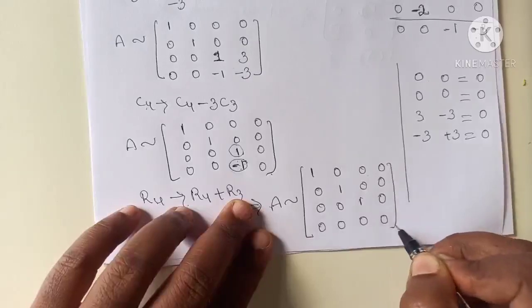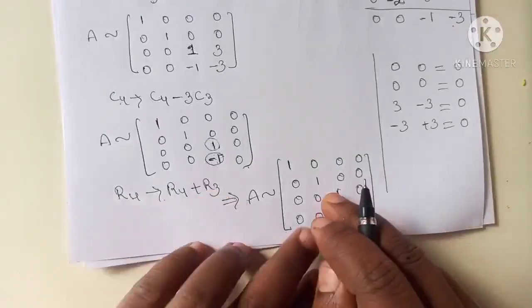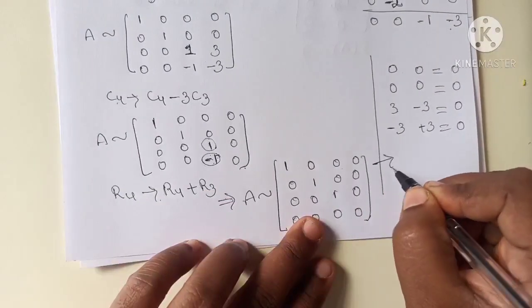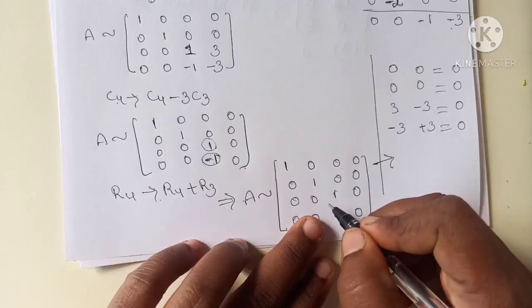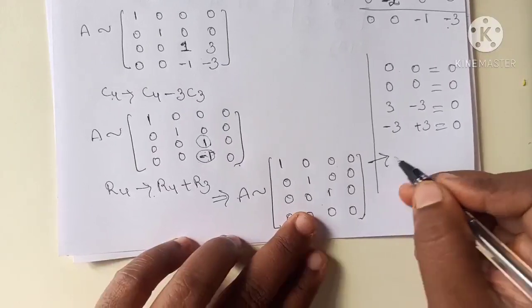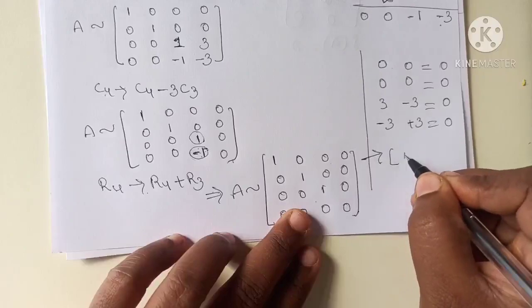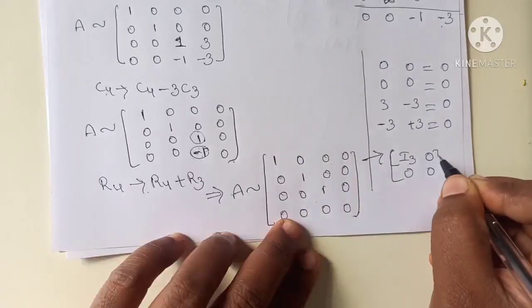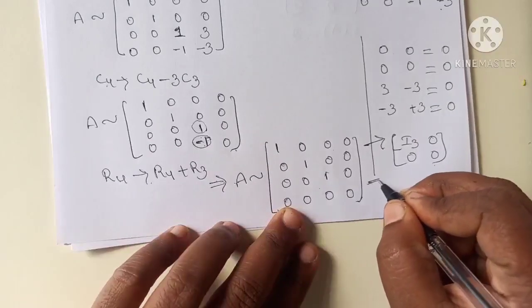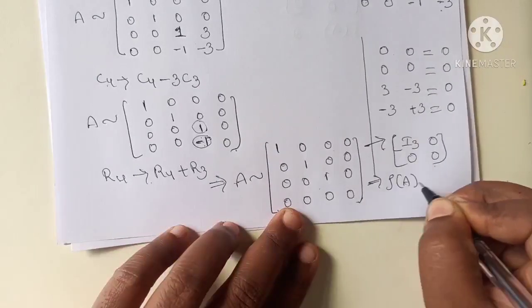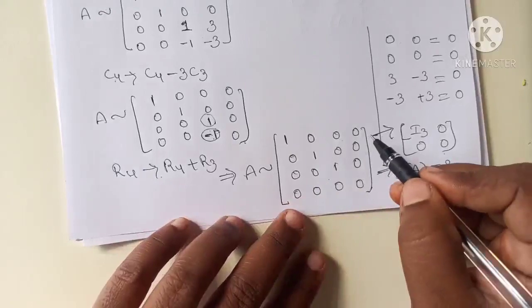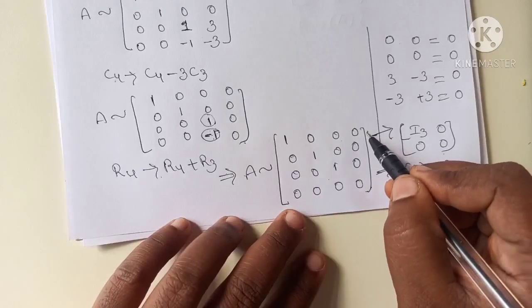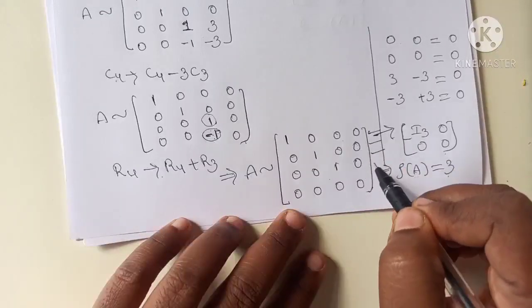You can observe that it is in the normal form and the identity matrix is of order 3. Therefore it can be written as I3, 0, 0, 0. Okay, therefore the rank of A is 3, or you just count the non-zero rows. It has 3 non-zero rows, therefore its rank is